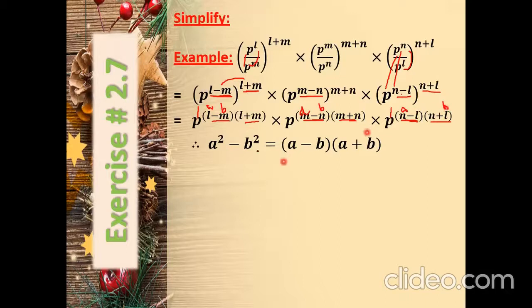So what you will do, you will enclose this whole thing into this formula, which is a square minus b square. You will write it down in this form, with the same base, which is P. Now you have enclosed these into this formula, so it will become L square minus M square, because here you have to take the square of term a and term b. So it will be L square minus M square multiplied by, again here you have M minus N, M plus N, so you will write M square minus N square, right? And then the last one, P raised to N square minus L square, right?